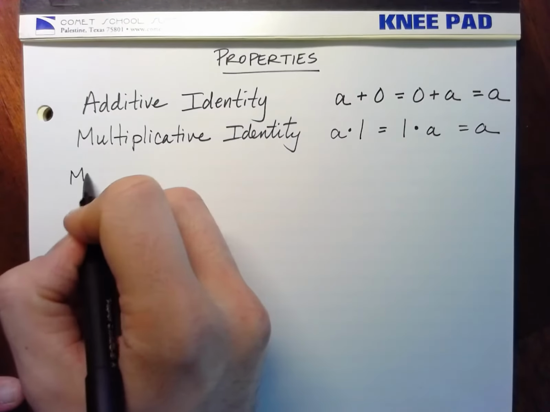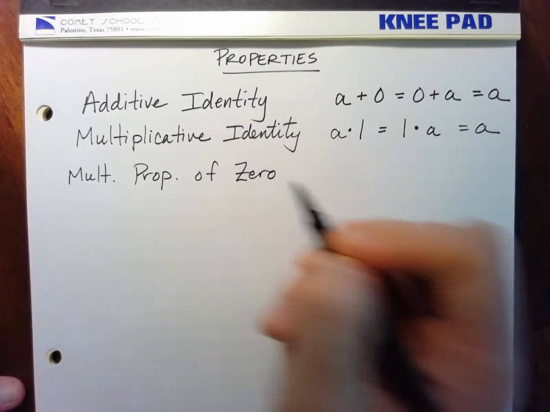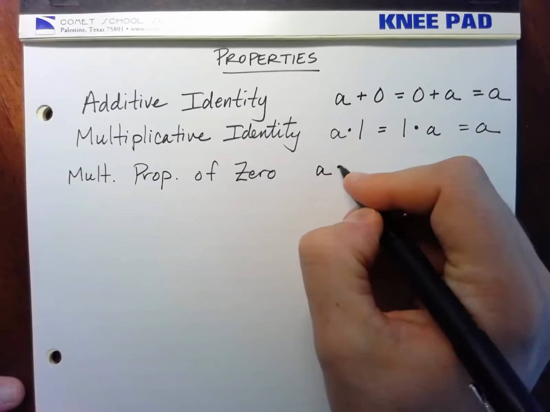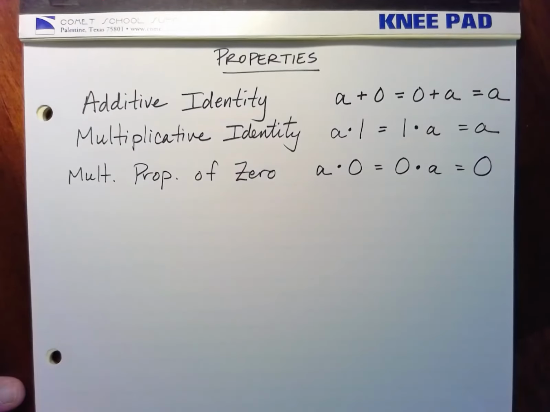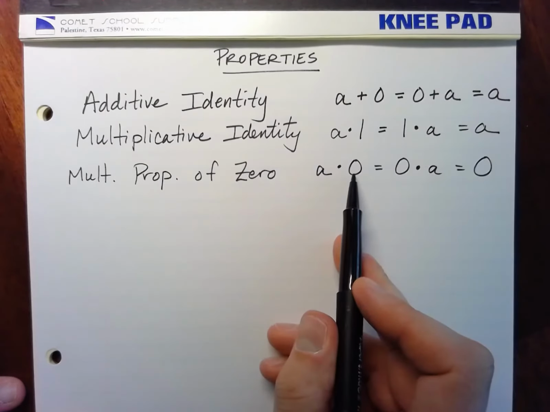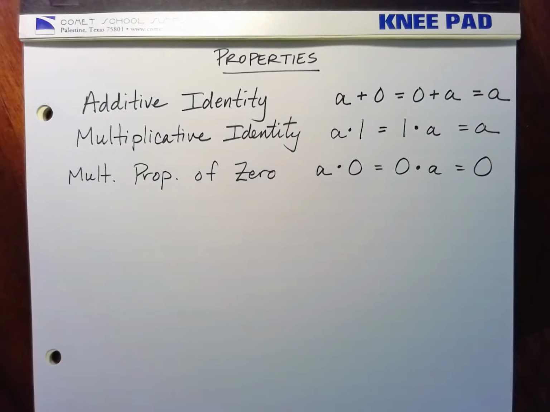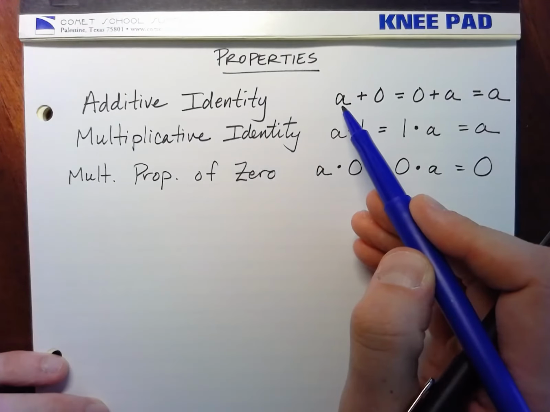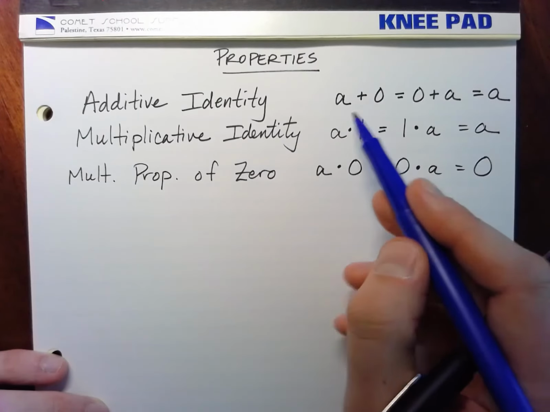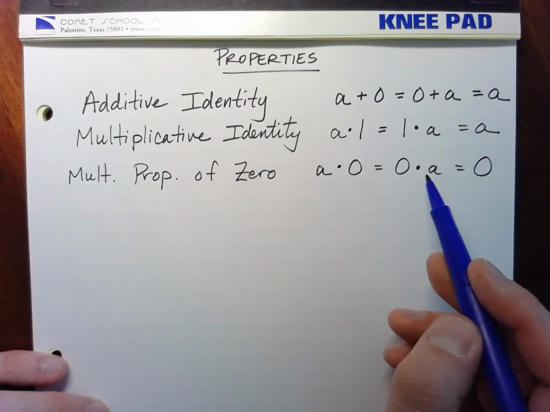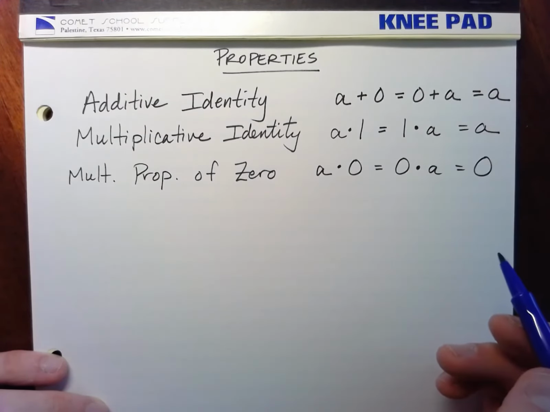You also have the multiplicative property of 0, which is different, which says that any number times 0 is the same as 0 times that number is the same as 0. So if you take any number and multiply by 0, you're going to get 0 out of it. And by the way, the fact that we're saying that you can write this either direction, you can either write the a first or the 0 first, we already know that because it doesn't matter which order you add or multiply in. Okay, and that's another property we're going to get to in just a second called the commutative